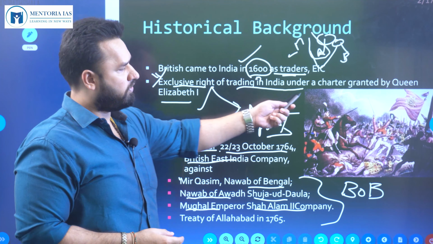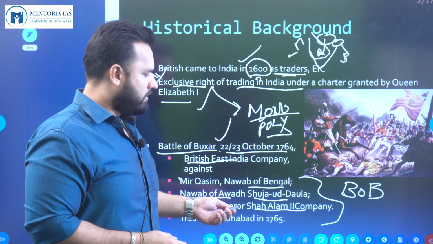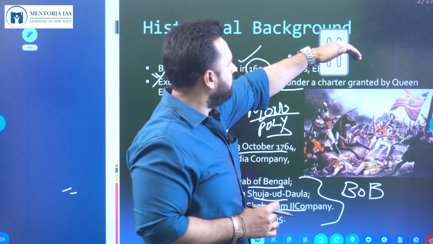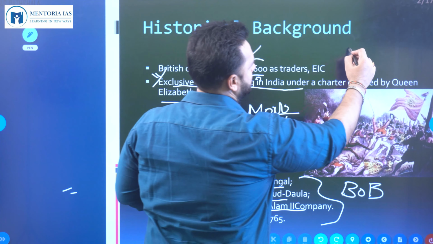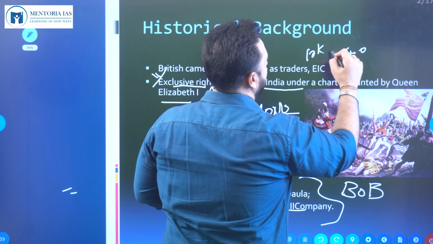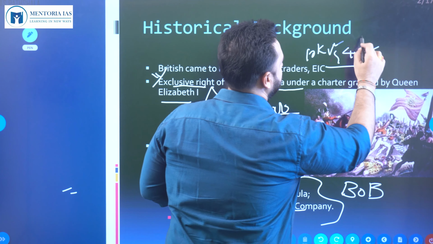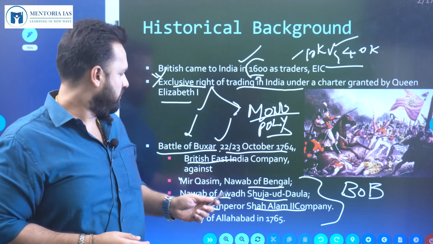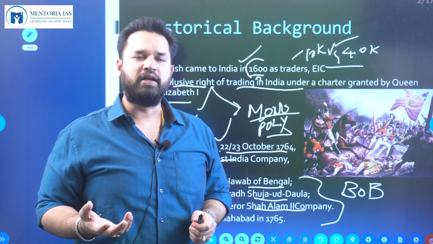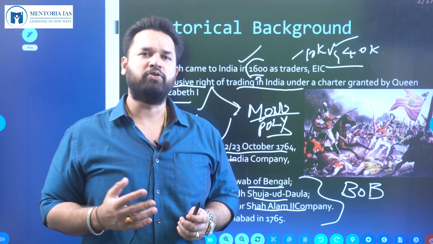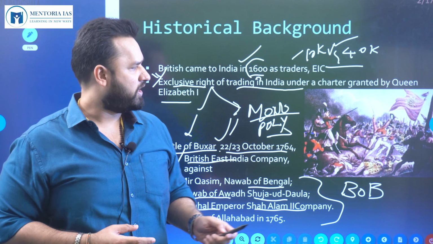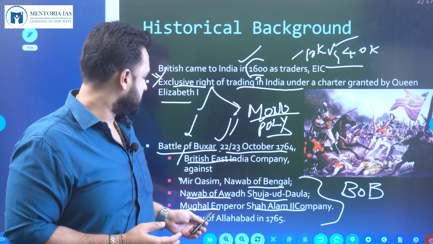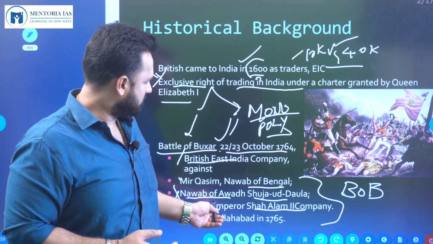So the British fought against these three forces, and the British fought with a group of 10,000 people, whereas the three armies had around 40,000 people. 10k versus 40k. So logically the 40,000 people should win, but the British won because they were good at using weapons. And it rained on that day. The British, coming from a cold country, knew how to preserve gunpowder in a cold climate, whereas the Mughals from a tropical country were unaware or did not have the knowledge to protect their weapons. So they failed. And plus, cheating also happened.